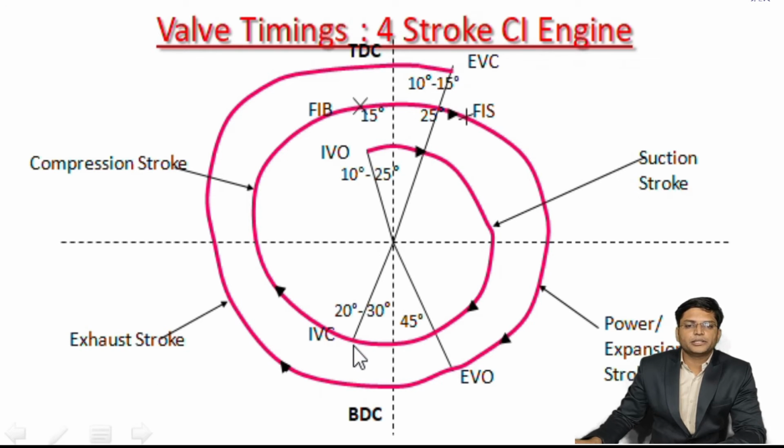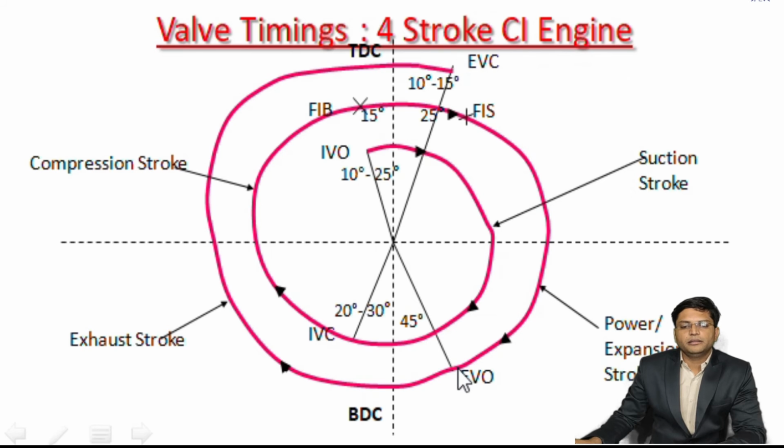Then there is a compression stroke. In this diesel engine only air is compressed, up to 15 degrees before top dead center. At this point the compression takes place, and fuel injection starts around 15 degrees before top dead center. As soon as the fuel injection starts, the physical and chemical delay is completed, and then the self-ignition temperature of diesel, which is around 210 degrees Celsius, is achieved. Then the combustion process proceeds. Here we see the power stroke line. This one is the power stroke line.